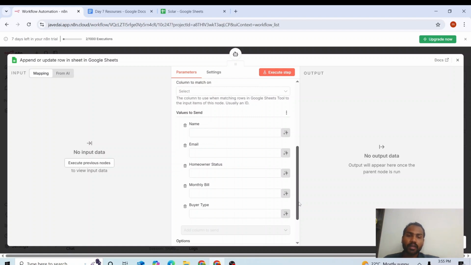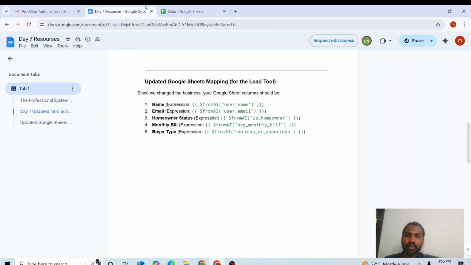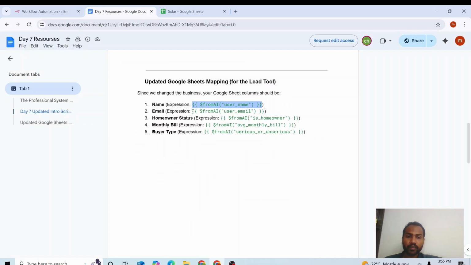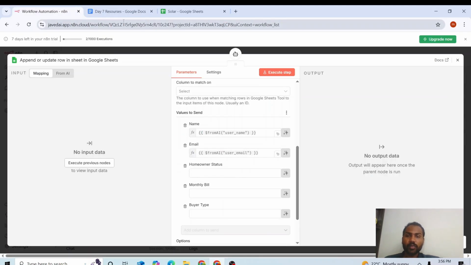So now what we are going to do here is go to our document, copy the expression, and then set it up here. Okay, after that we have to do this one by one and complete all. Okay, so after writing the expressions, we have to select our primary key, which is email,